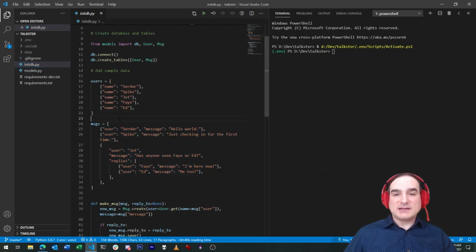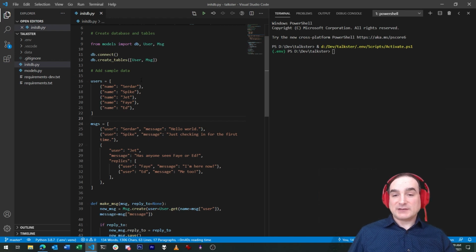But we didn't make any of this available to an end user through a web interface, which is how most social networking apps work. So in this installment, we're going to create a simple, very simple, web interface to display the posts that we have. This will give us an introduction to using web frameworks in Python generally.